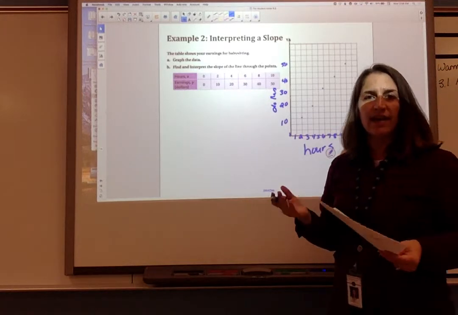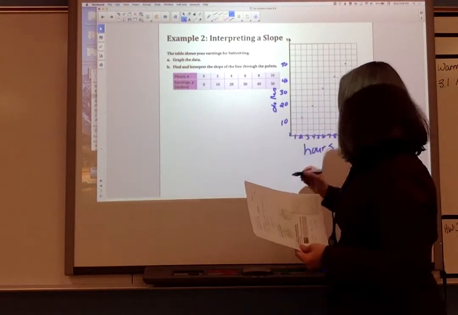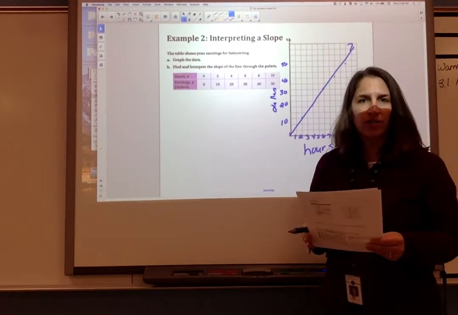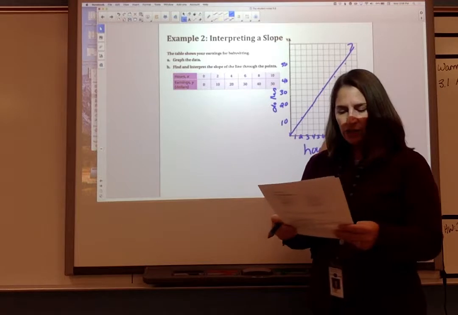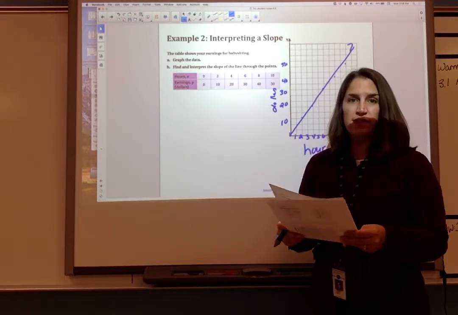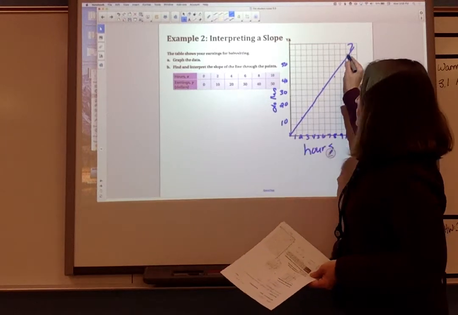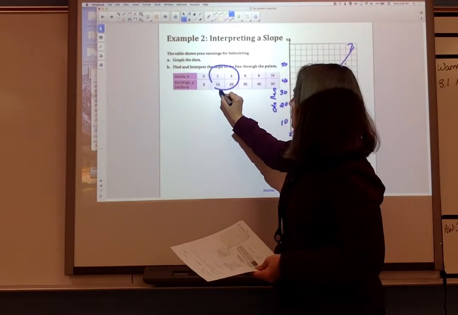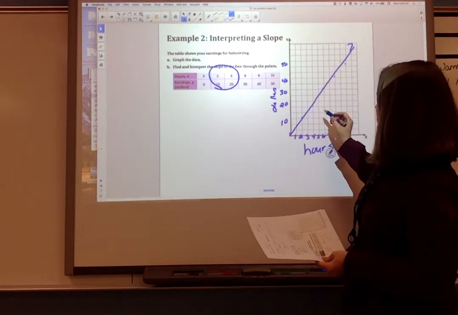So we can see that this is a proportional relationship because it made a straight line and it goes through the origin. But what we're asked to do is to find and interpret the slope through the points. So I'm just going to pick 2 points. We have a whole lot of points graphed here. I'm going to pick these 2 points right here. And between these 2 points,